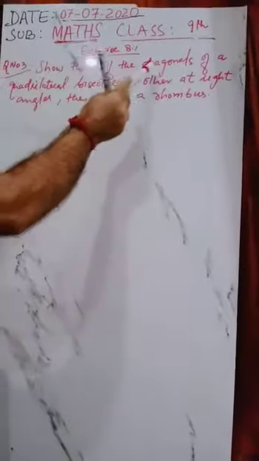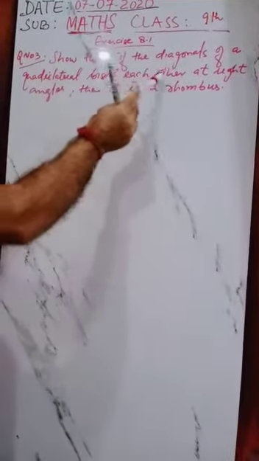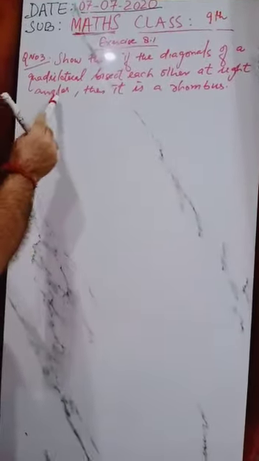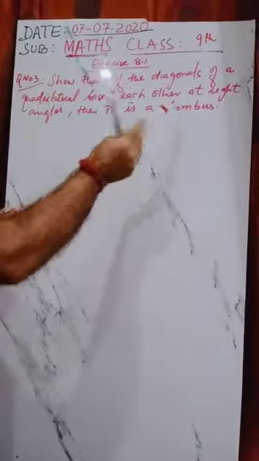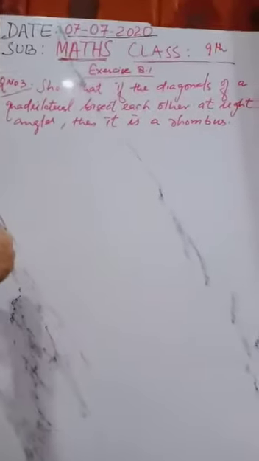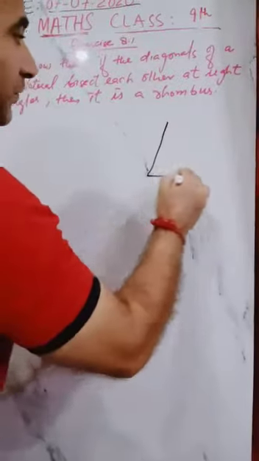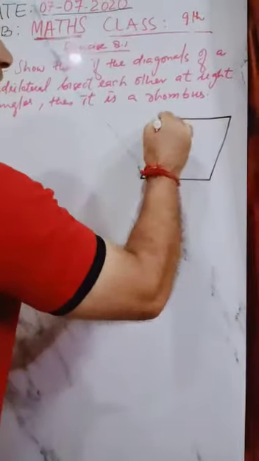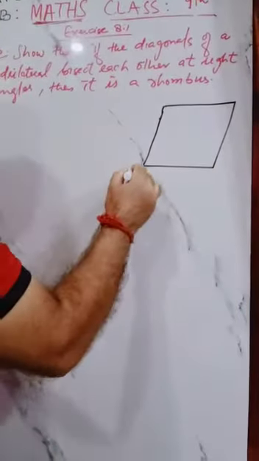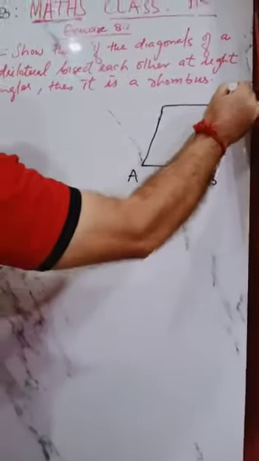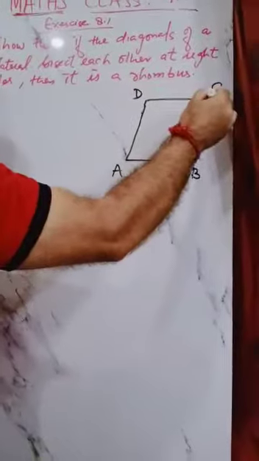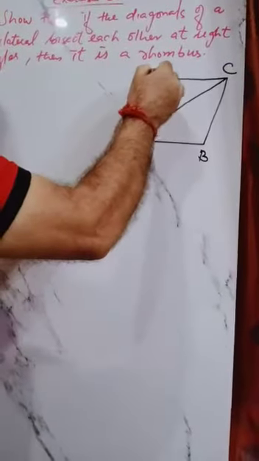Show that if the diagonals of a quadrilateral bisect each other at right angles, then it is a rhombus. So the question says the diagonals of a quadrilateral. Here is a quadrilateral ABCD. If the diagonals of this quadrilateral